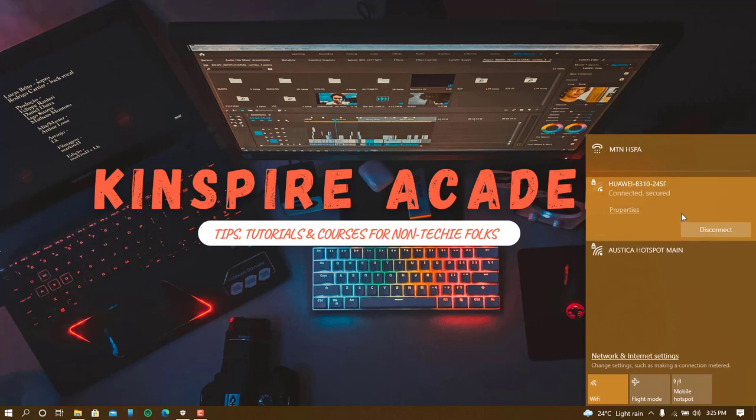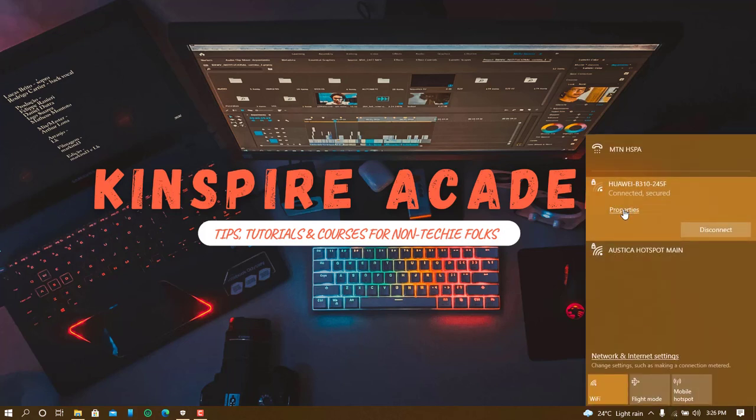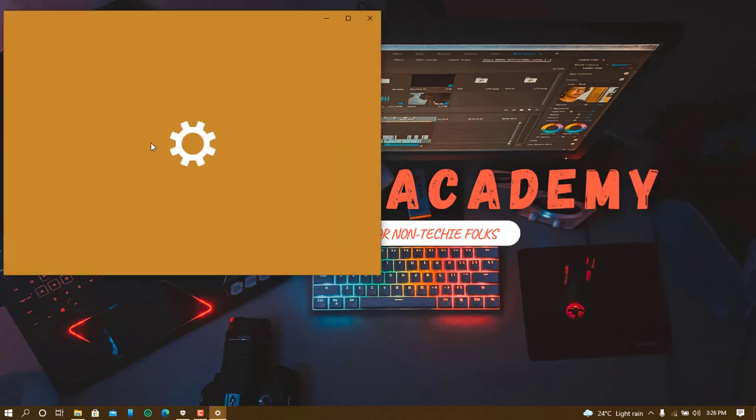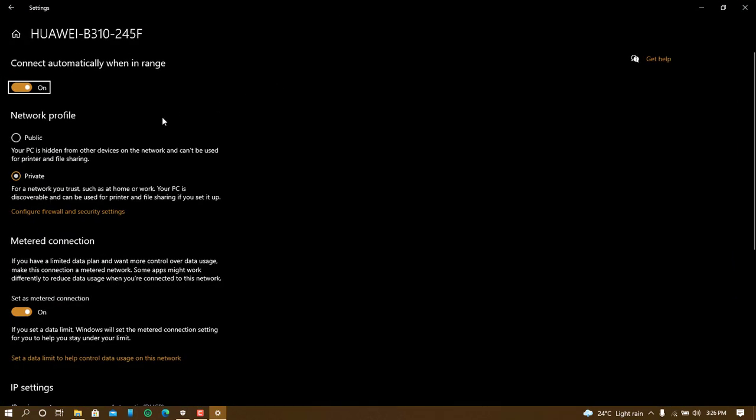What you do is you click on this network icon. When it opens, you click on properties. Then it's going to open a settings window for you. You can maximize it, scroll down, and turn on this metered connection. So this is the easier way to reduce that